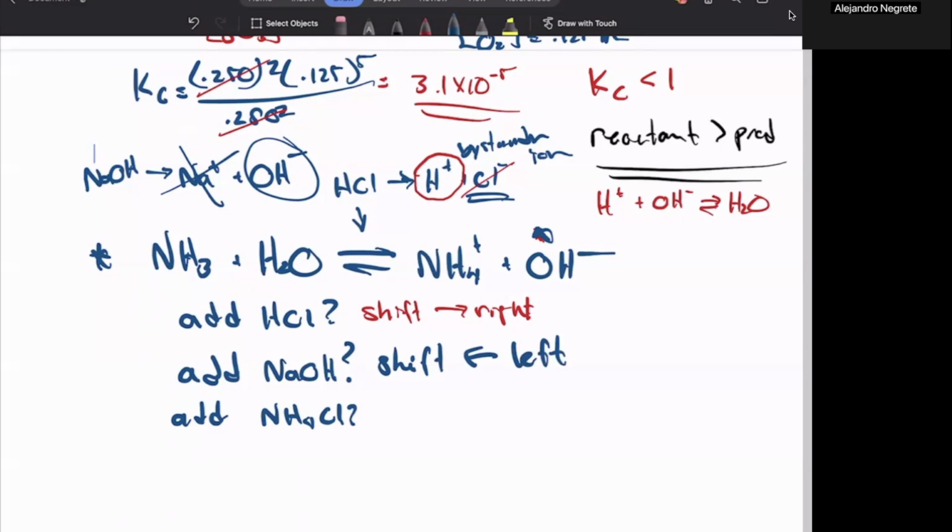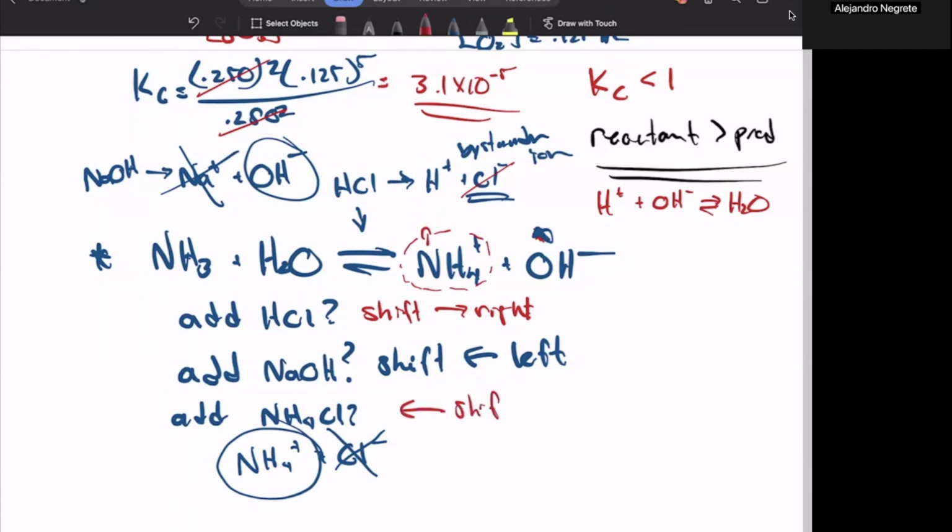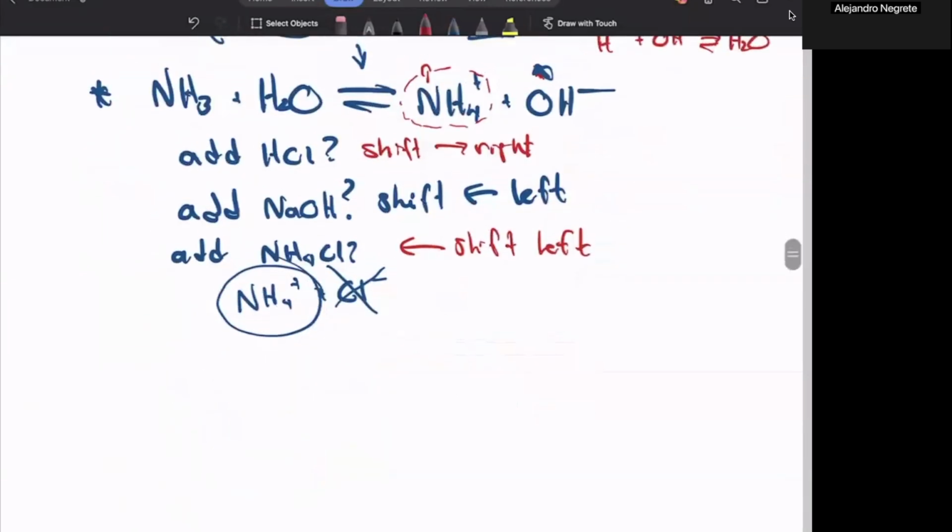And then lastly, if we add ammonium chloride, this will dissociate. We're going to get some of these ions, plus we would get some of these ions. There's our bystander ion, and this would have an effect on the reaction. If we increase this concentration here, in order to relieve the stress, again, we would shift left in order to relieve that stress. Right? So those are things to think about when we're looking at